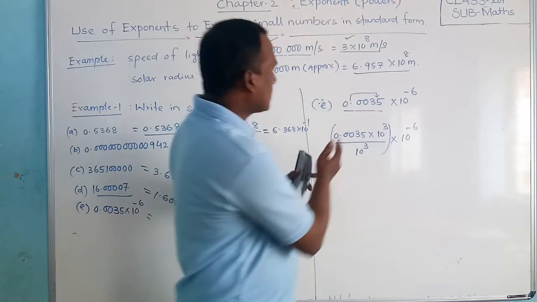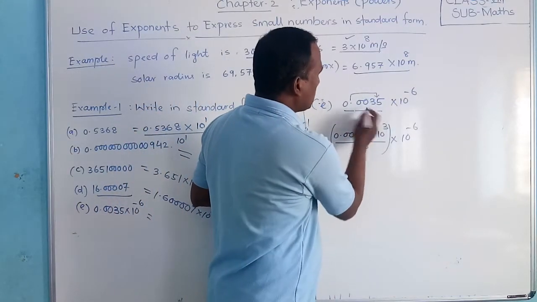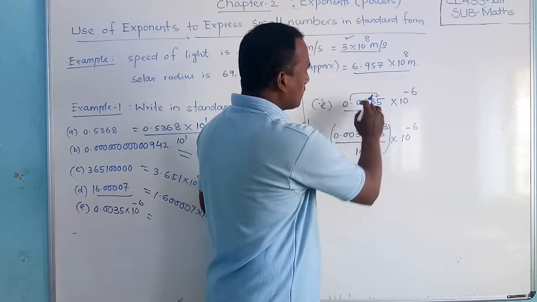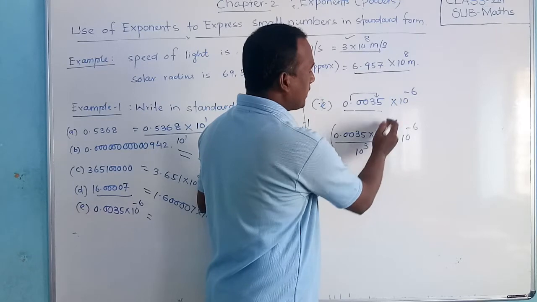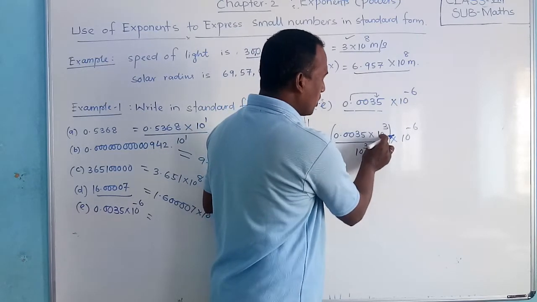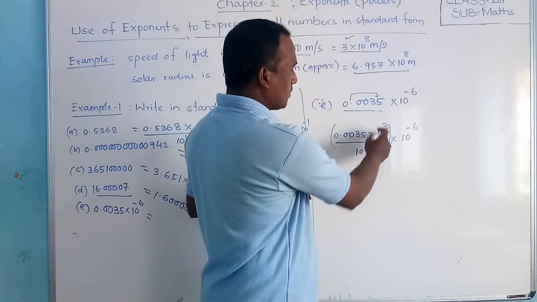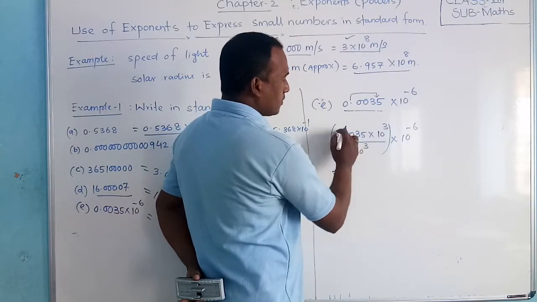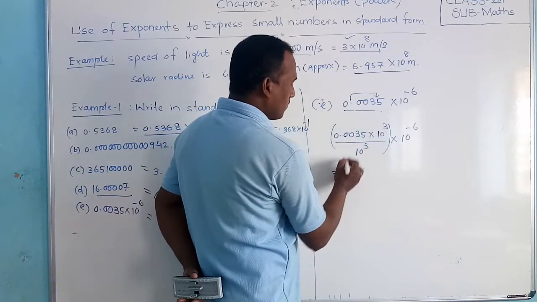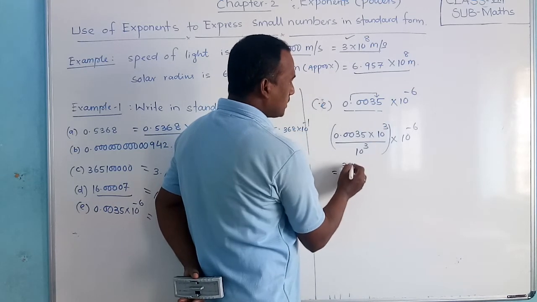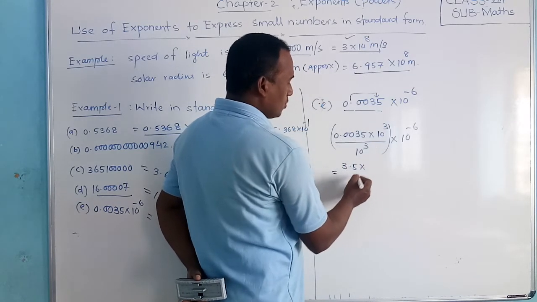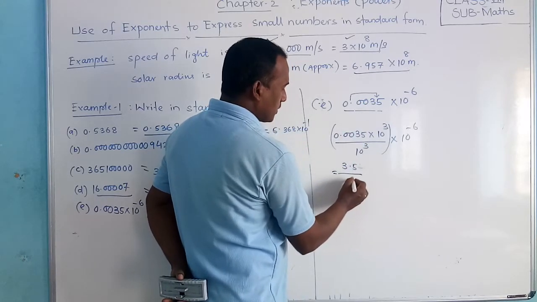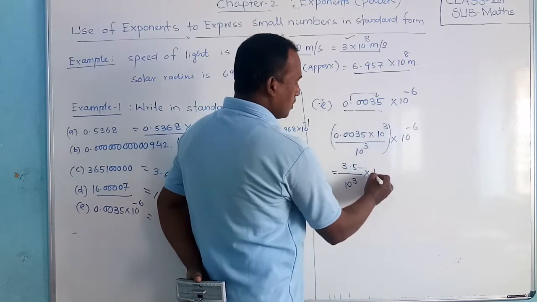0.0035. So the decimal place will move towards the right. How many places? 3 places. If 3 places move, then we have to multiply by 10 power 3. If you multiply by 10 power, first multiply, then divide. So if you multiply this, first multiply. So how much will come? The decimal place here will come, which is 3.5, divided by 10 power 3 into 10 power